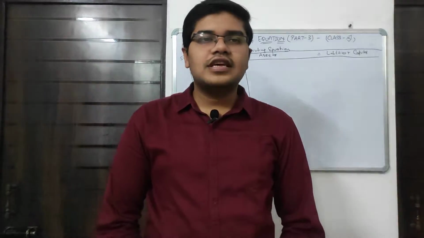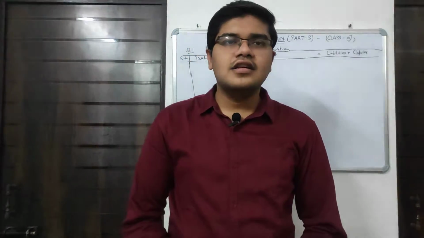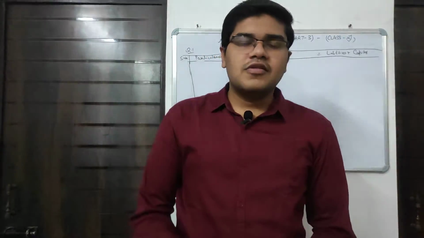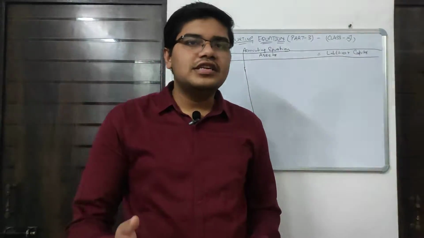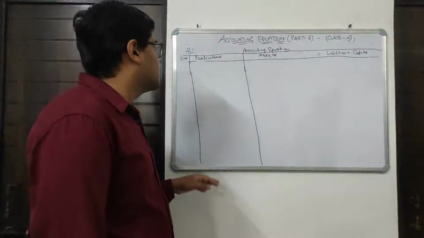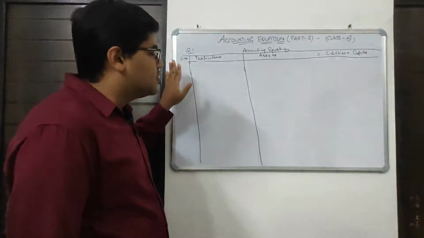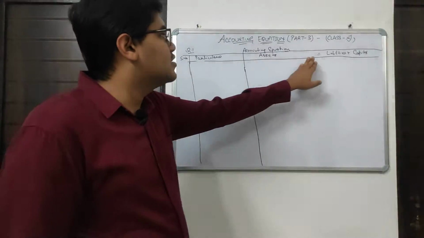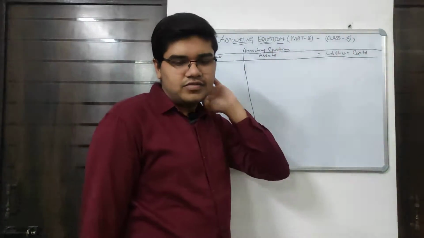In today's lecture, that is part 3 of accounting equation, we will be dealing with some more practical concepts of accounting equation. So let's get started. Before moving on to the question, first you have to draw the format of accounting equation as already discussed in the previous classes. You have to write a serial number or date, what is given in the question. Then you have to write the particulars. Then you have to write assets is equal to liability plus capital, that is framing an accounting equation.